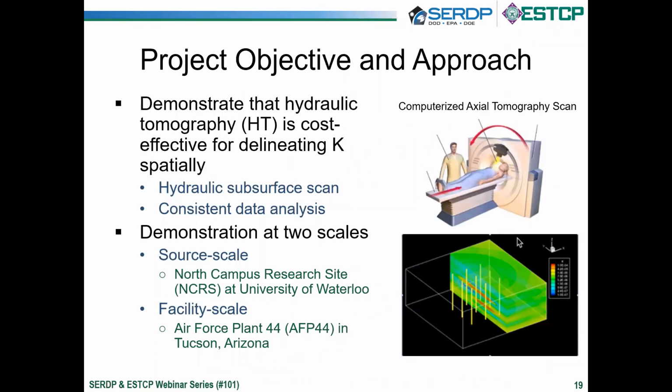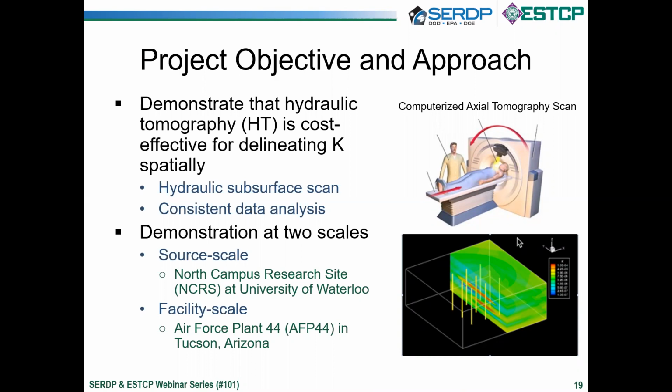The last 10, 20 years, through the support of many research funds, including the SERDP research funding, our collaborator developed the hydraulic tomography technique for characterizing the spatial distribution of hydraulic conductivity. The concept is similar to the medical field: if you generate a signal spatially and measure the response in different locations, and by changing the signal sources in different directions, you're able to detect the information